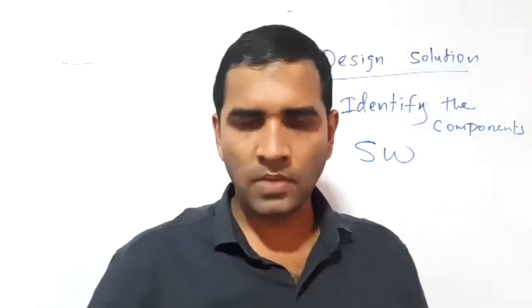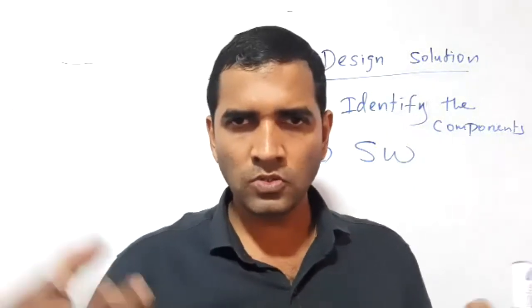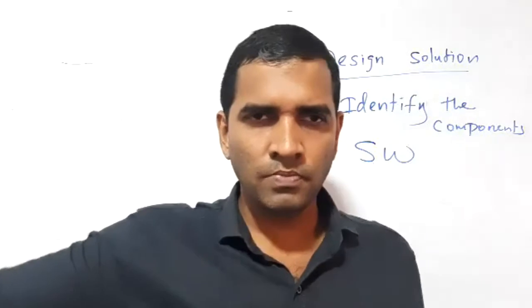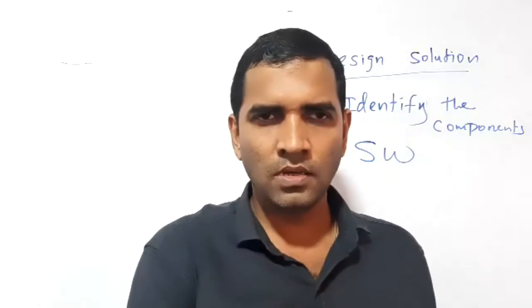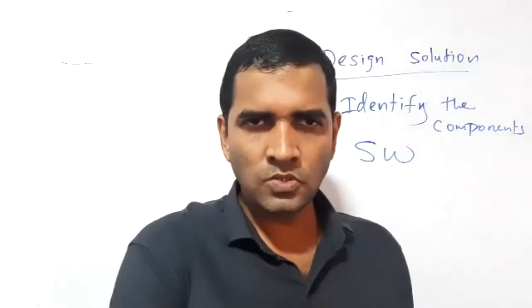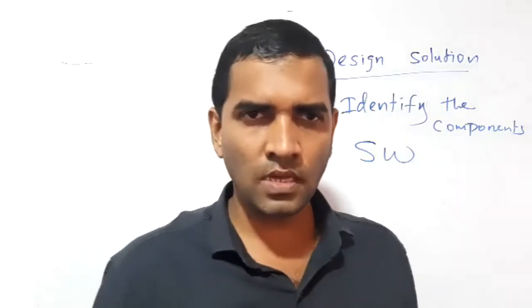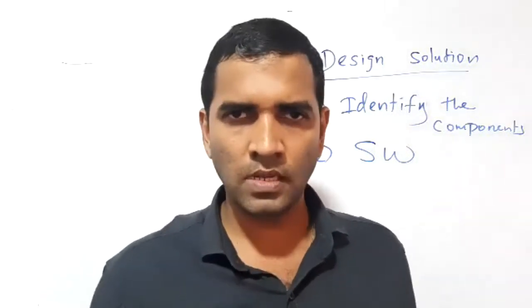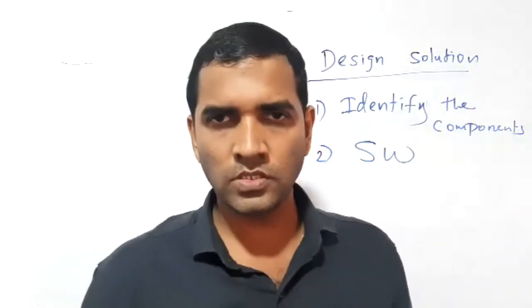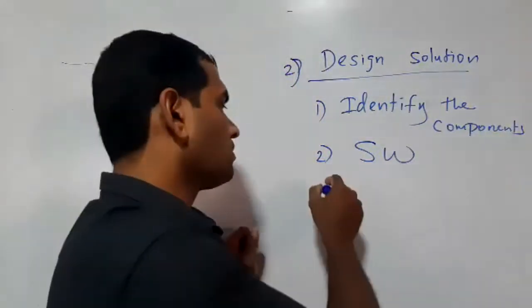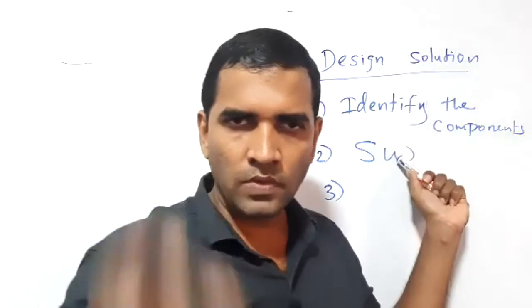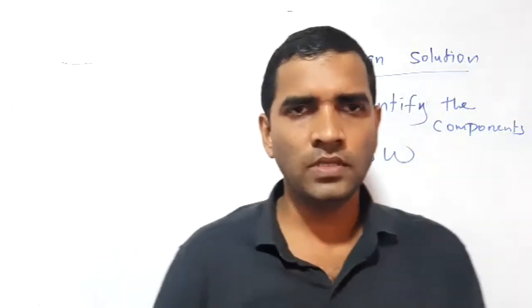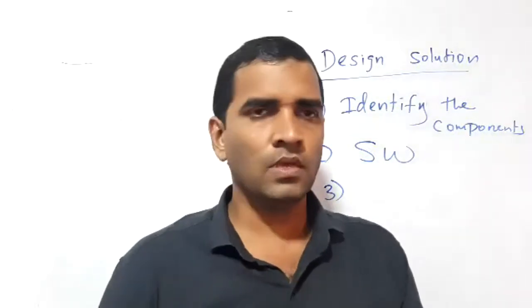This software architecture is very important, because at the time when we develop those components separately, we develop the report book as a separate component. We build the attendance system as a separate one. That happens in reality, right? You have to develop them separately, but you need to think about any relationship. That is called software architecture. So these two are related to software: identifying the software components, and after that, creating the software architecture. Then